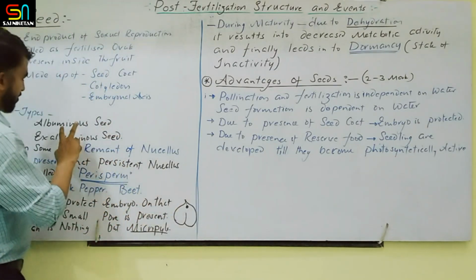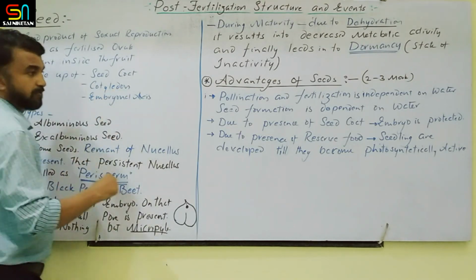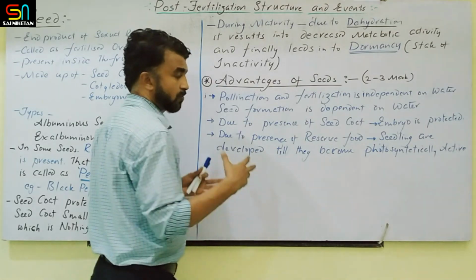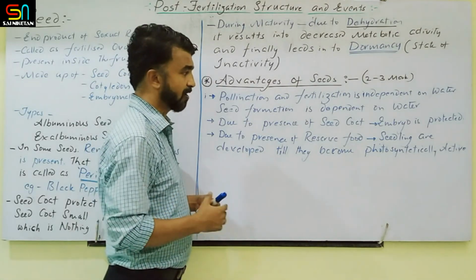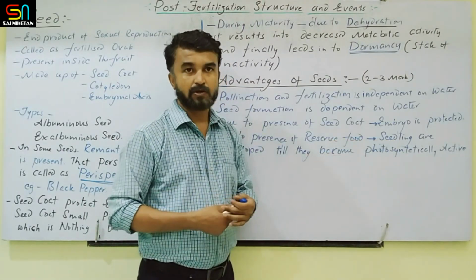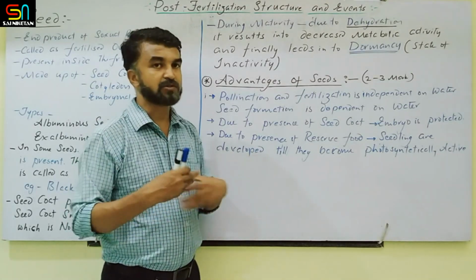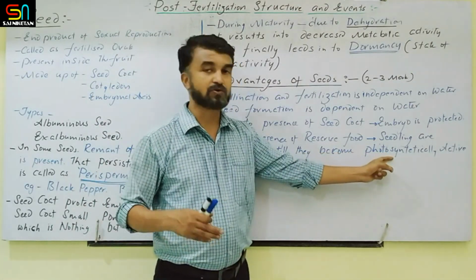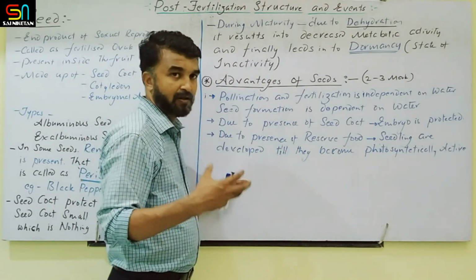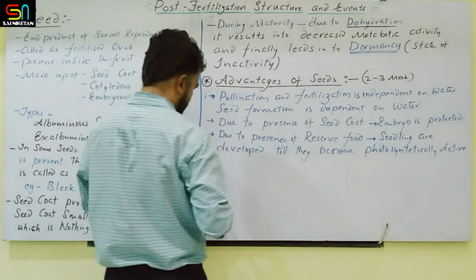Otherwise, in some albuminous seeds, endosperm is also there. This cotyledon or endosperm will provide the nourishment for the developing embryo, clear? So due to the presence of the reserve food material, that embryo gradually matures and develops into a seedling. Until the first primordial leaf forms, photosynthesis will not take place. As it starts photosynthesis, it becomes independent. So due to the presence of this reserve food material, seeds can be stored. Clear? So next one,